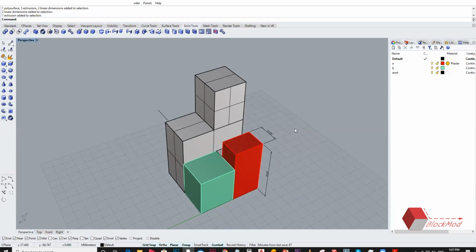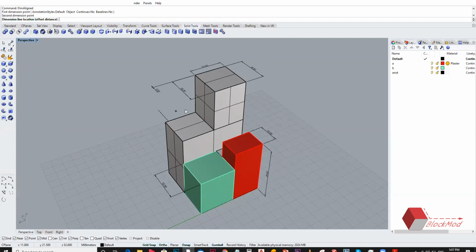So now just a small question to you. I have these many dimensions. Is your planar on, Anshul? That's probably why you can only do that in one plane. Yeah, in one plane.